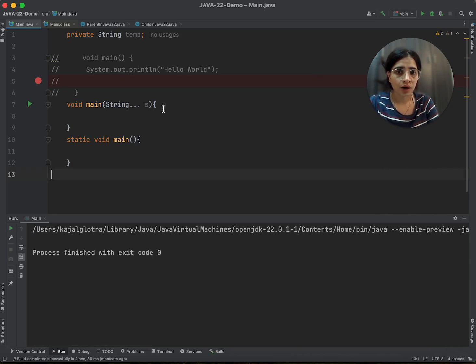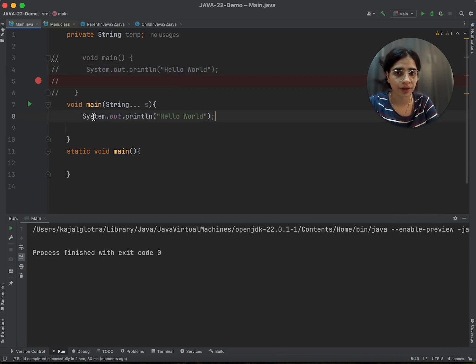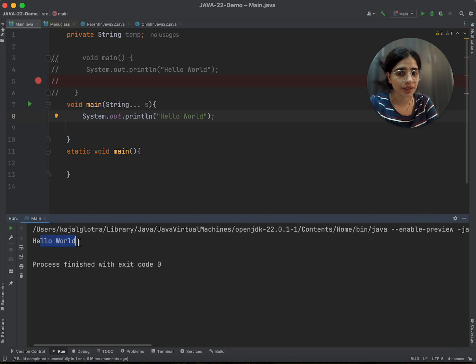Or I'll just print one statement so that you can see that hello world is still getting printed. I'll just run this and you can see the hello world is still getting printed. So right now I have not defined my class name, I have not defined my package name, I have not defined anything, but I just started it from the main method, and then after I'm just printing any statement, right? And that statement is getting printed.